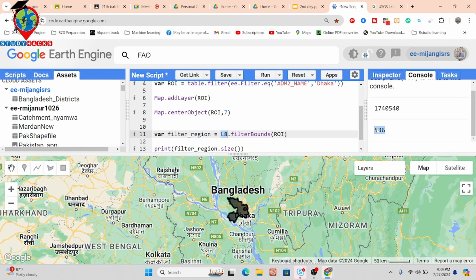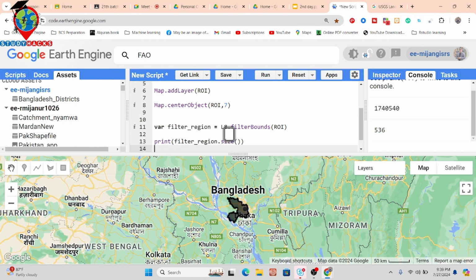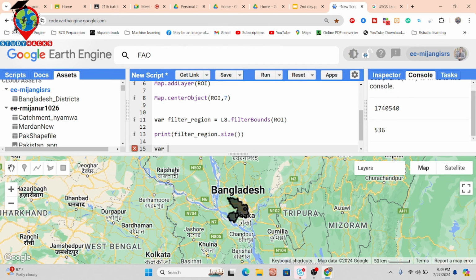So I filter the image properties. Now I filter the cloud properties. I can select the specific images I need: less than 1%, less than 2%, or less than 5%. For that, just take another variable. You can put any name as a variable. I put the variable name, suppose